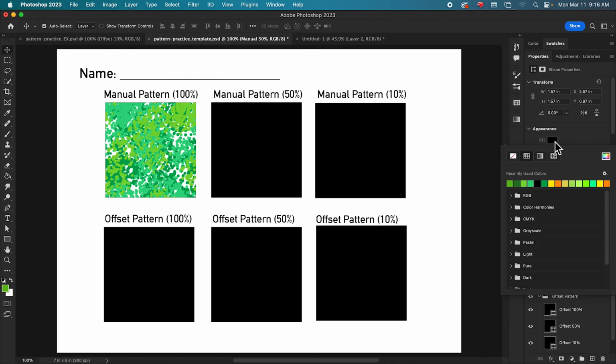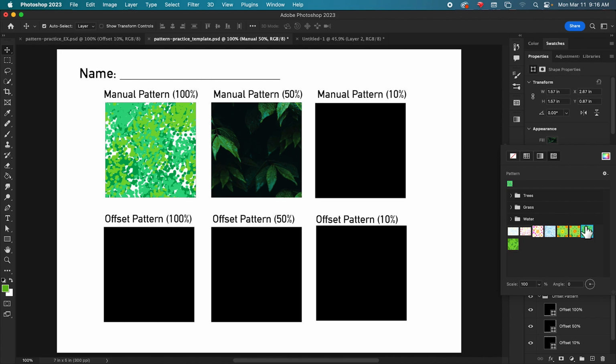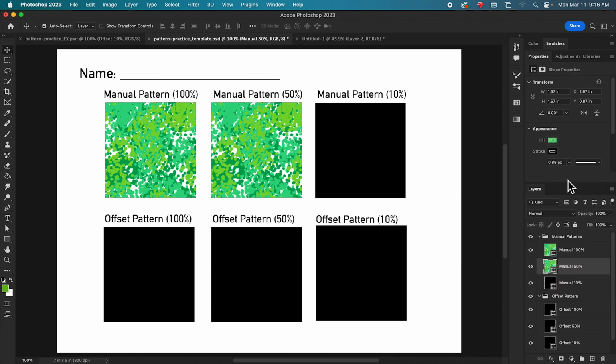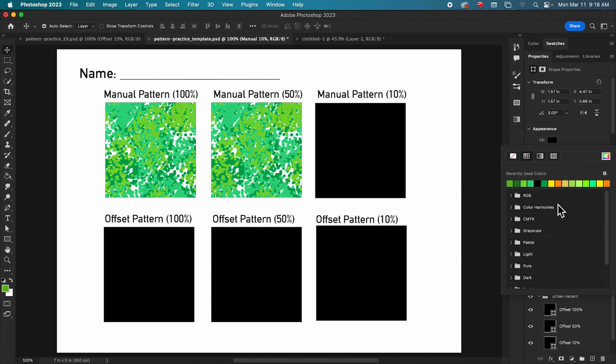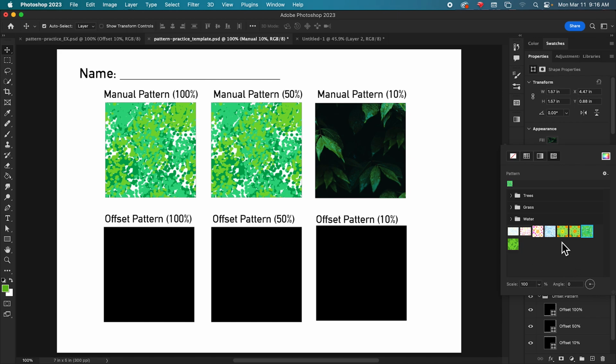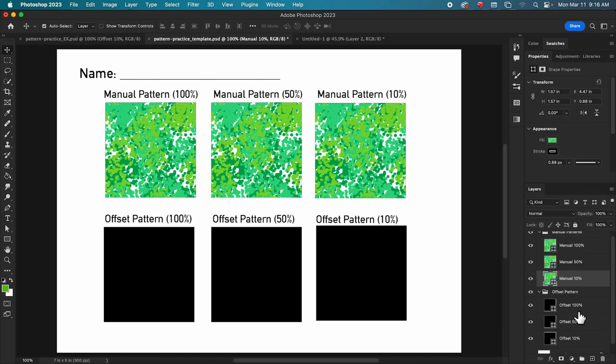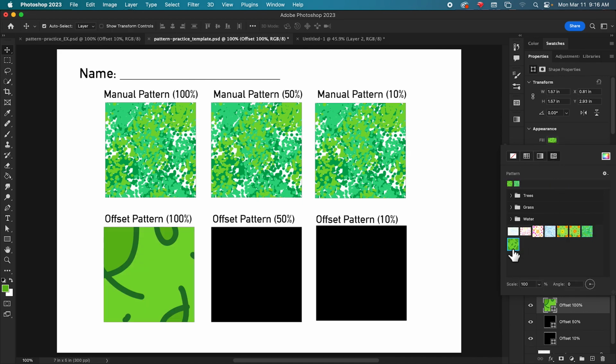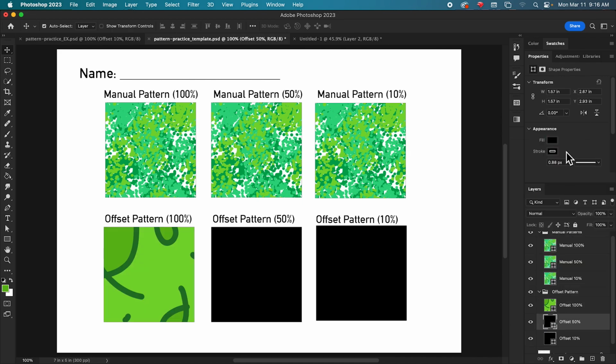And then I'm going to do that for each of these. All manual across the top. So that's your first pattern that you made. And then down here, it's going to be the second pattern that we made.